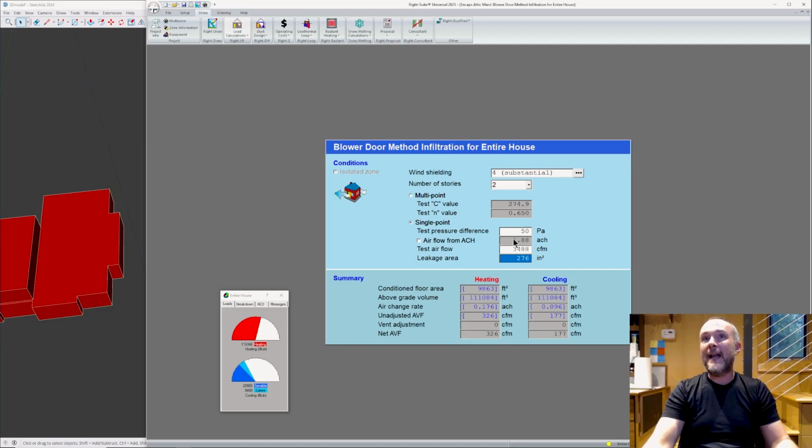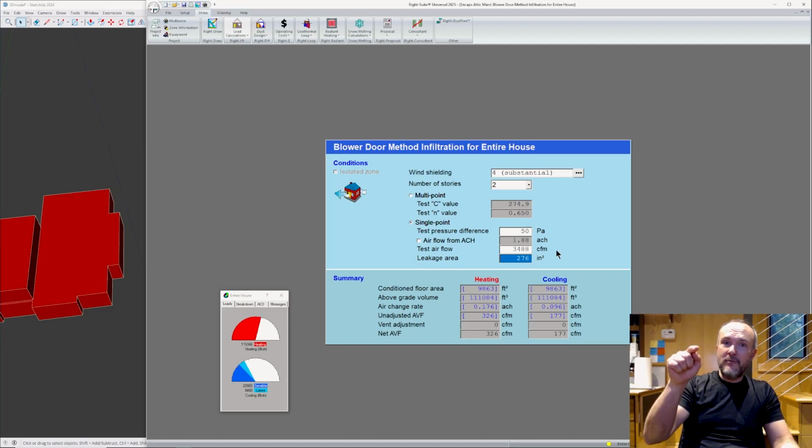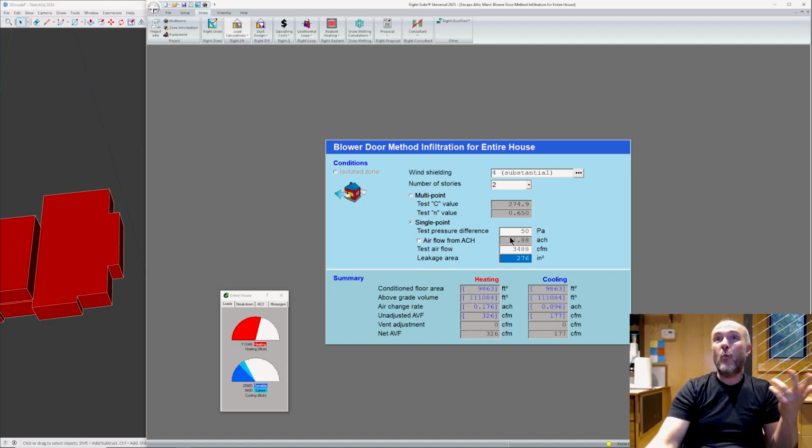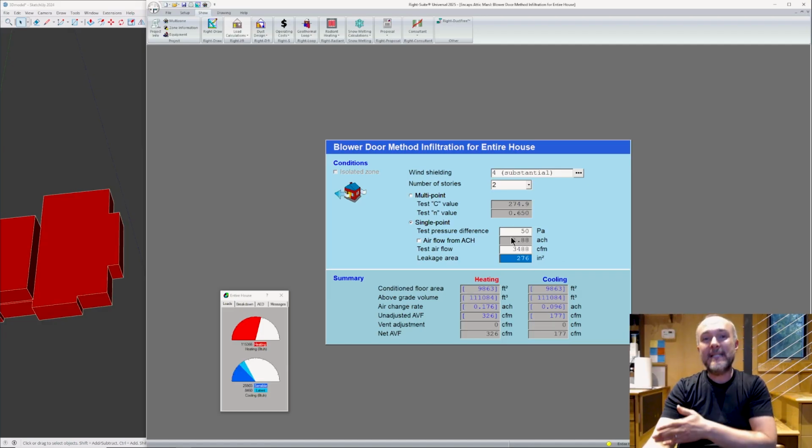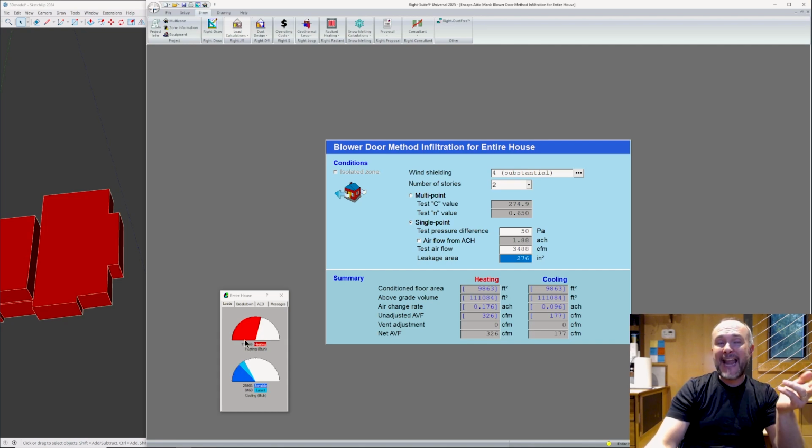So now we're not at 1 ACH. For this volume that this thing thinks we have 1.88 ACH, almost twice as much airflow. And that has taken now our heating load up by 10,000 and boosted our cooling load a little bit in this model. So now I'm going to save this, and I just want to make sure that that was clear,